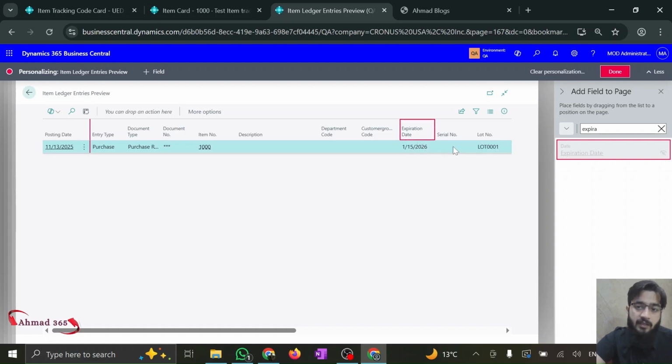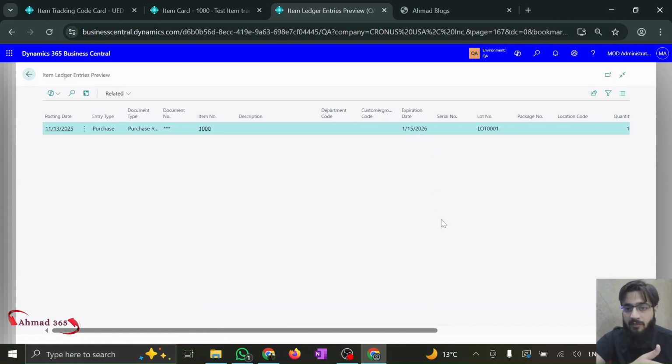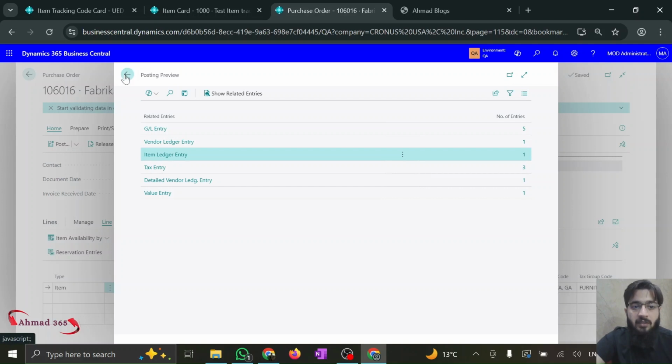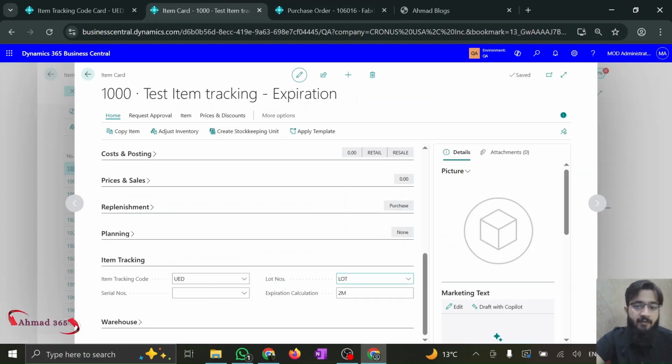So it is saying 15th of January 2026. If we go back 2 months from this particular date, it will be November 15, 2025. If we check, this is what the document date is. Okay, so the formula of calculating the expiration date is document date plus expiration calculation formula is equal to expiration date. But what happens if I just remove the expiration date from here, like this,